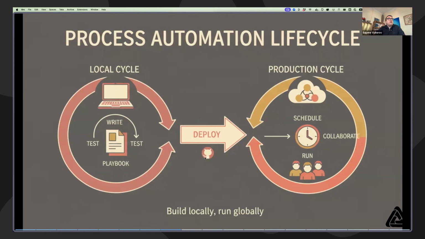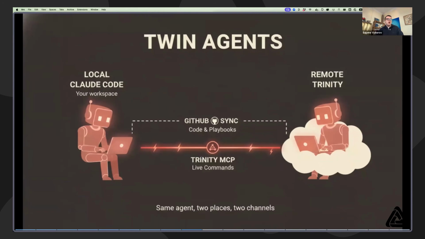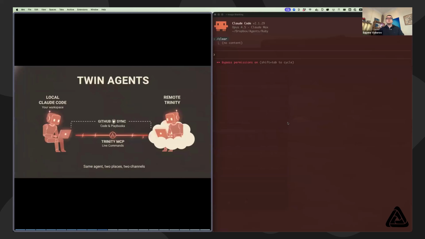And once it ends up on Trinity, we can start scheduling autonomous operations, collaborating with other agents, running them manually, chatting with them, sharing between team members, and things like that. We'll get to that in a second. And one of the ways that I prefer to work with agents is through this twin agent approach, when I have a local agent running on my computer that is synchronized with the remote agent through the GitHub repository and with the MCP connection. And actually, to demonstrate this to you, this on the right is a Ruby agent